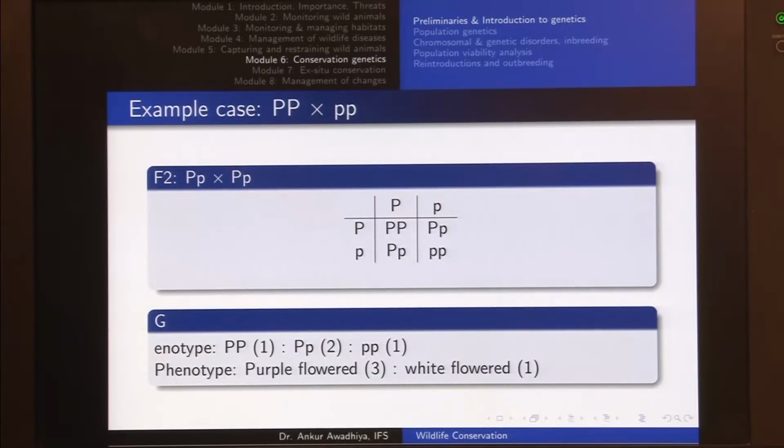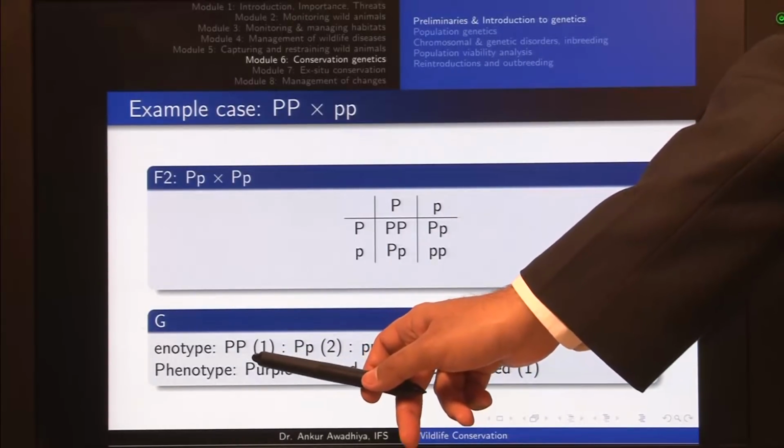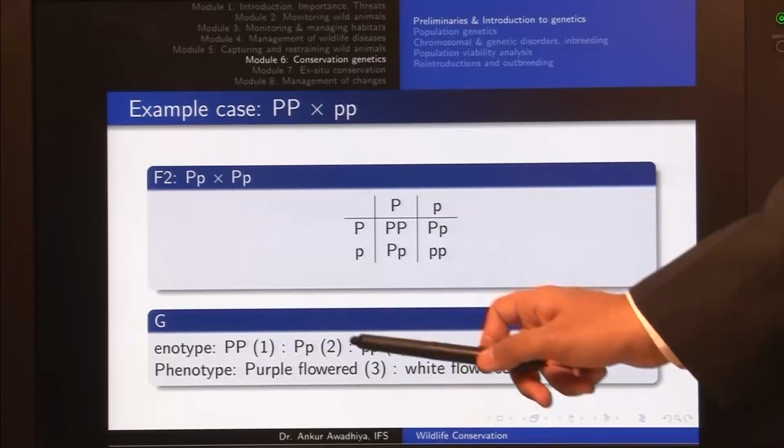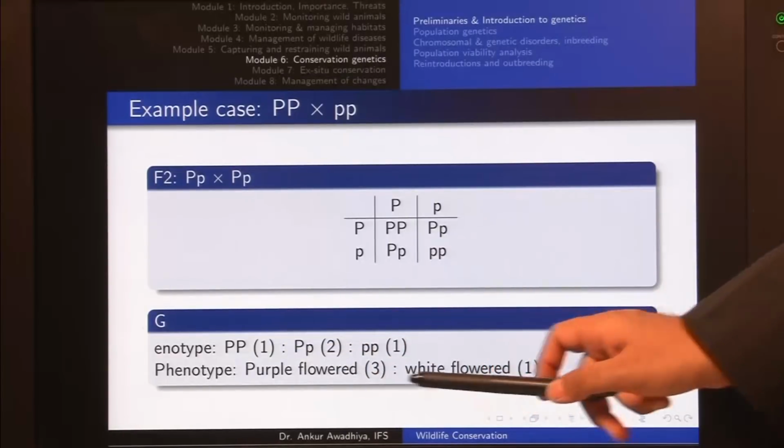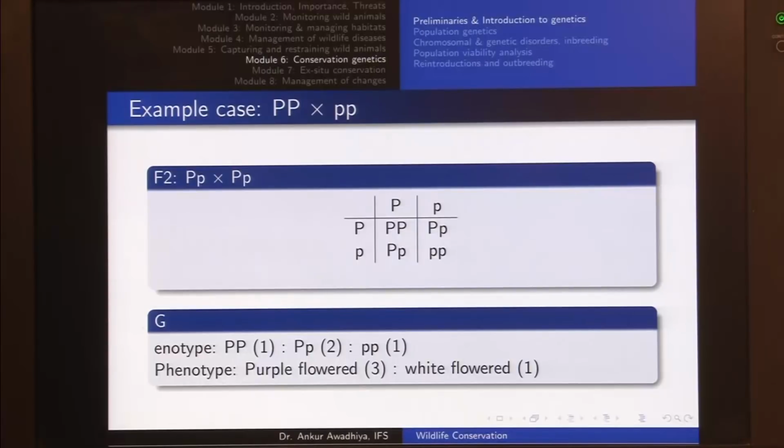Now if you look at the phenotypic ratio, what will these individuals look like when they grow up? They will be having purple colored flowers. This capital P capital P will give us a purple colored flower, and so will a capital P and small p. So we have 2 plus 1, 3 individuals that are having purple flowers and only 1 individual that is having a white flower. Now in the case of genetics, when we talk about these ratios, these are averaged out ratios. So it is not necessary that if you are having just 2 individuals, you will be having these 4 different phenotypes. But if you are doing these crosses in large numbers and then you take averaged out ratios, you will get this ratio of 3:1.